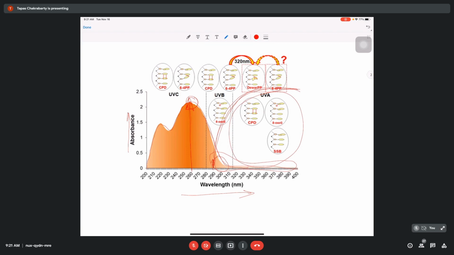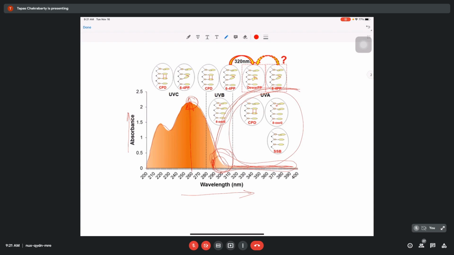This absorption that happens, you have plotted here only this absorbance. So in this region, this absorbance is maximum. But if you look at this region, it is not that the absorption is zero. Very small absorptions are also there.